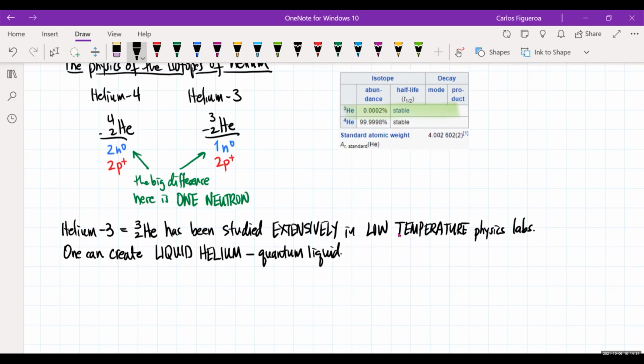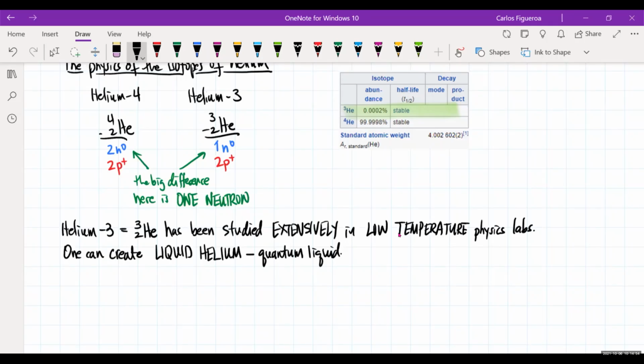And what's beautiful about liquid helium is that you could see quantum effects at the macroscopic scale. The vast majority of the time, you can only see quantum behavior at the microscopic scale, not the macroscopic